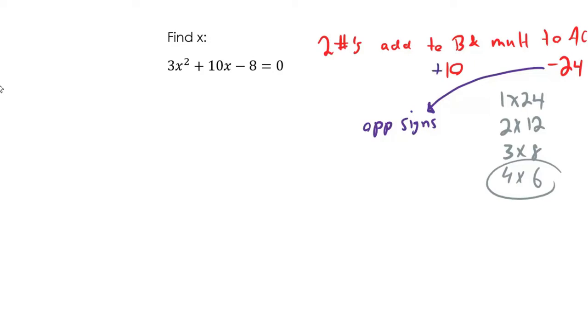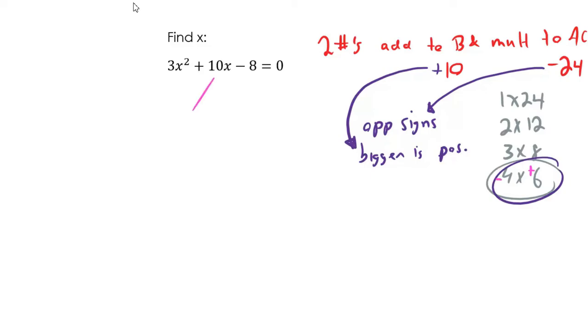But they add to a positive, that means that out of the two numbers, the bigger one is the positive, because addition between a positive and negative is kind of like a tug of war, and the bigger of the two numbers is going to win. If the bigger number is the negative, it's going to be negative. If the bigger is positive, it'll be positive. So we know that we need these numbers here to have opposite signs, and the bigger one has to be the positive. So we'll put the plus sign on the 6 and the minus sign on the 4,